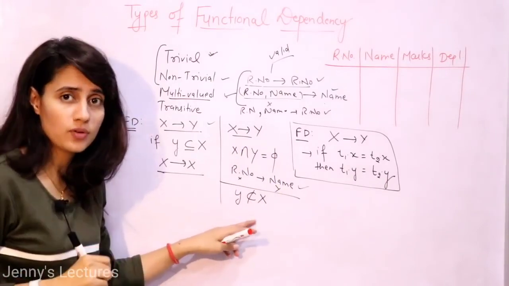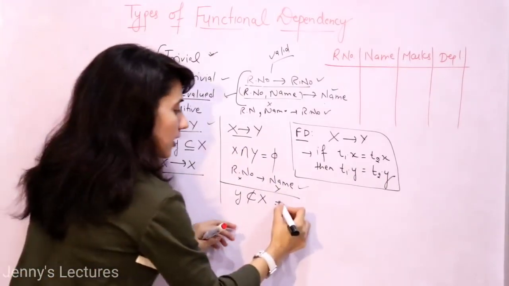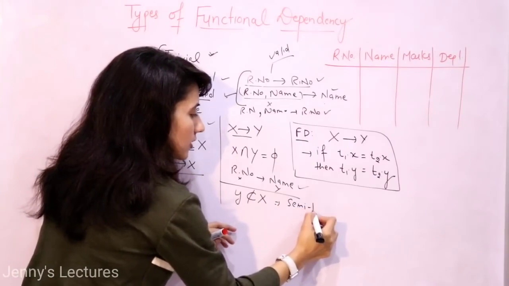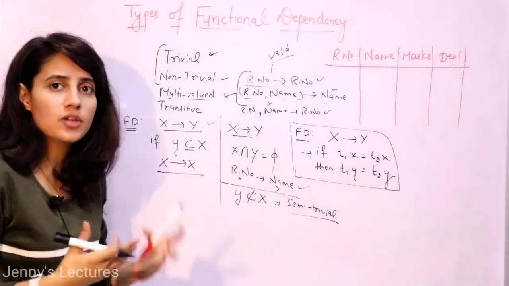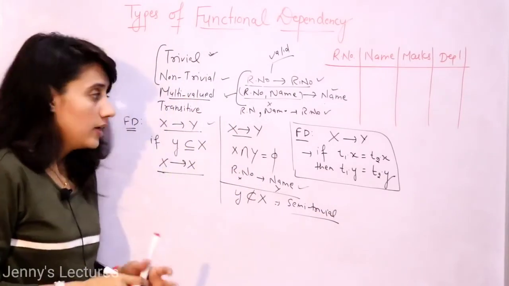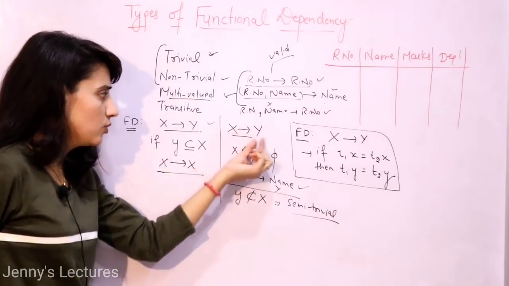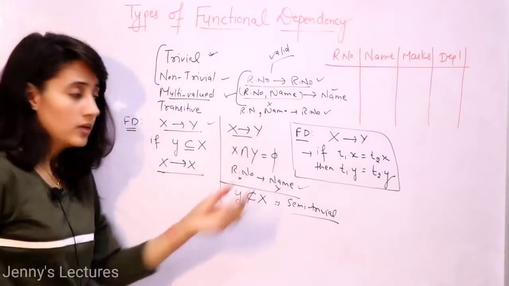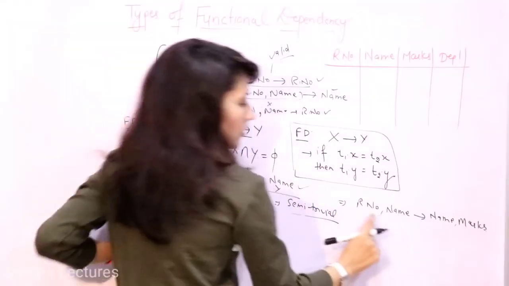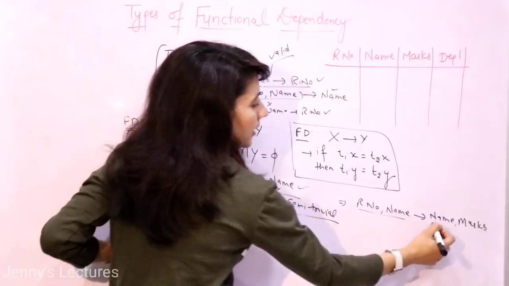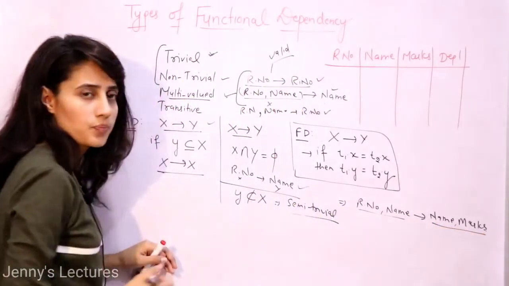That is also a non-trivial functional dependency, but this is actually semi-trivial, you can say, and this is a fully trivial functional dependency, right? In this case, between x and y we don't have anything in common. See, what about semi-trivial? If I write down roll number and name determines name and marks, so here this is